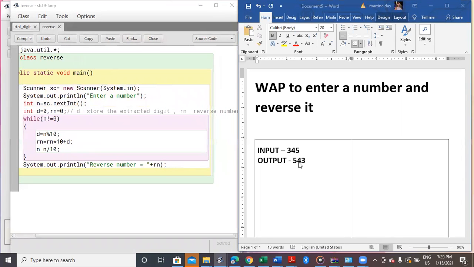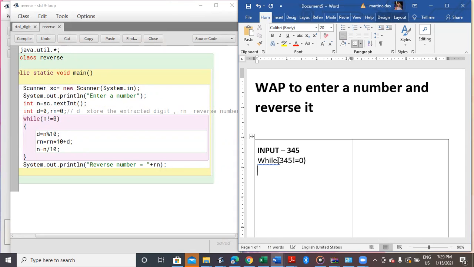Now let's see how it is solved with the help of a dry run. The input that I've taken is 345. Assume it to be that. So I take while. My first checking will be while 345, because in place of n 345 will come, is not equal to 0.